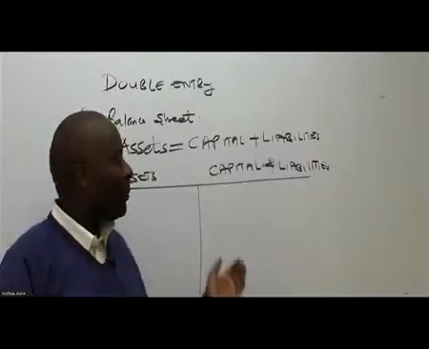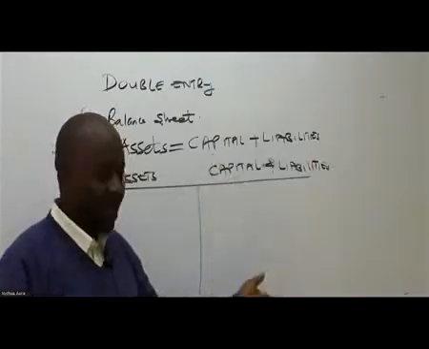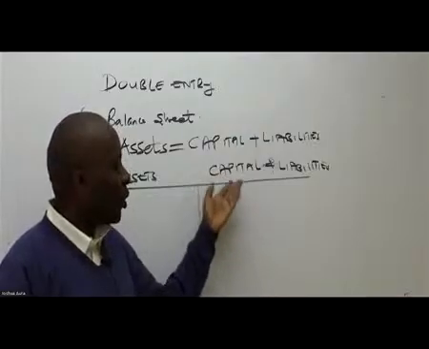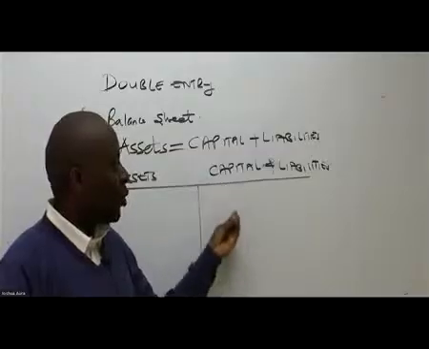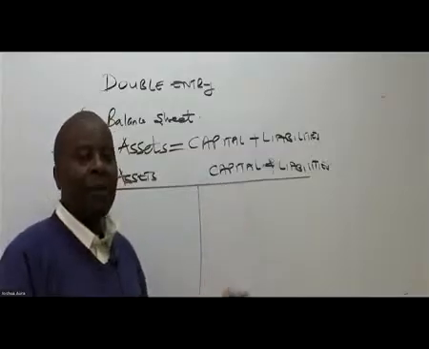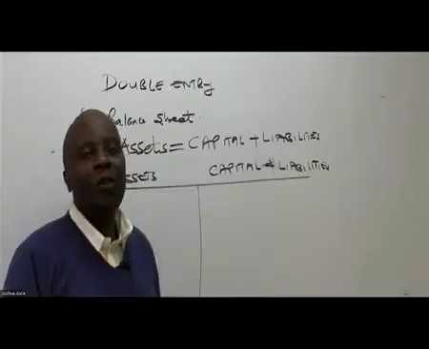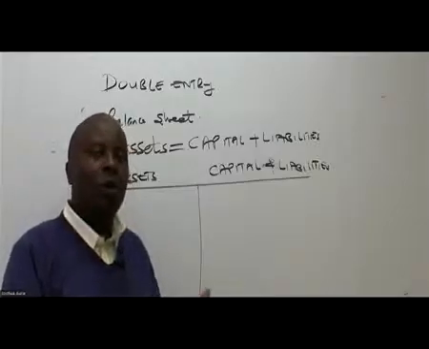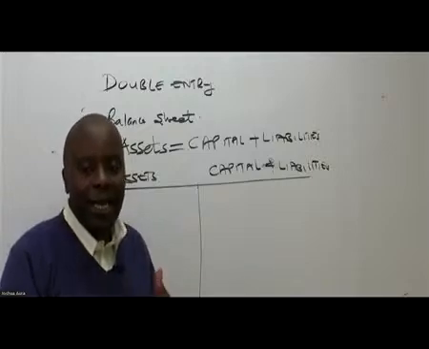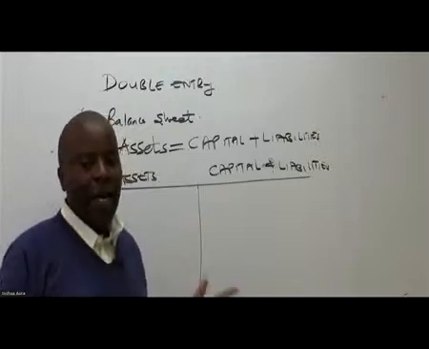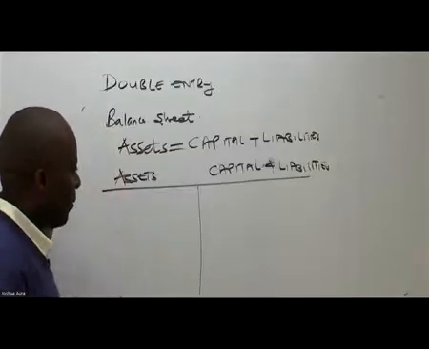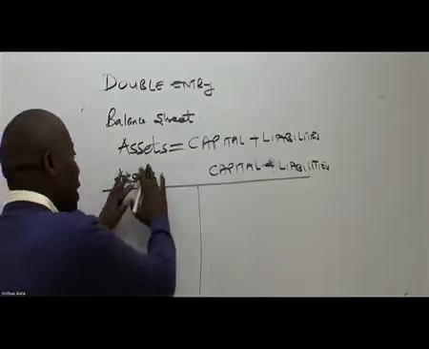Very important. Perhaps the owner brought in money through the owner's contribution, that is capital. Or perhaps, ladies and gentlemen, this particular vehicle was bought by ourselves on credit, so we incurred a liability. It will be very important for you to appreciate this, that these assets,